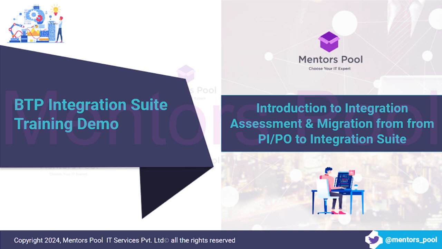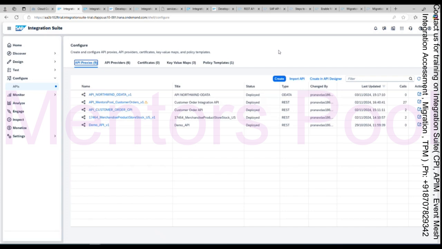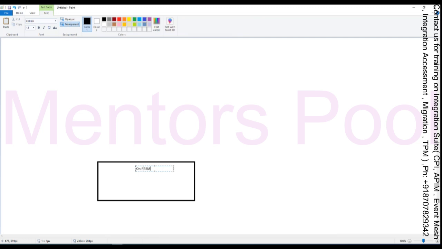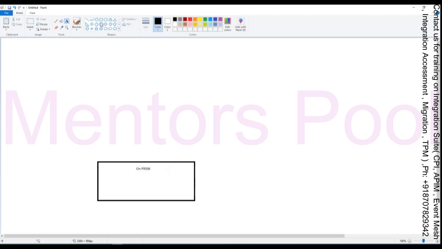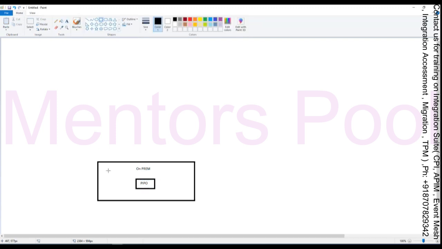So then let's look at other capabilities from Integration Suite. Nowadays, many of the customers and clients have PIPO running as an on-premise system. On an on-prem system, you have your PI running as a middleware application or tool which does all the integration, and manages all your integration requirements within your on-prem